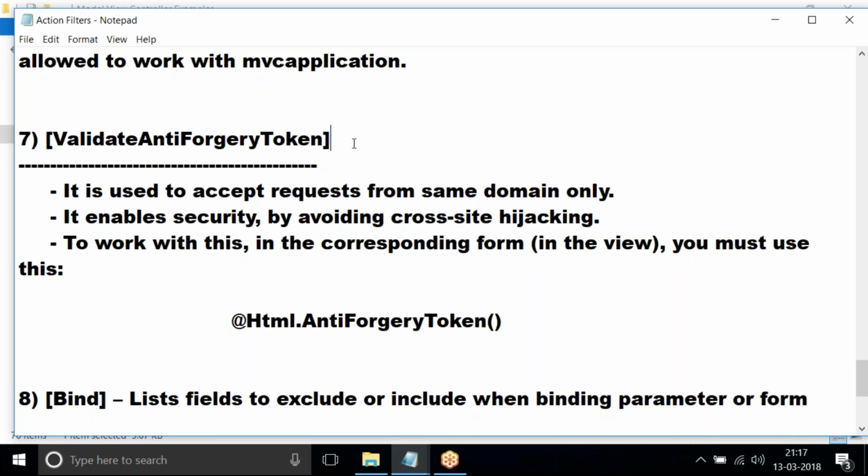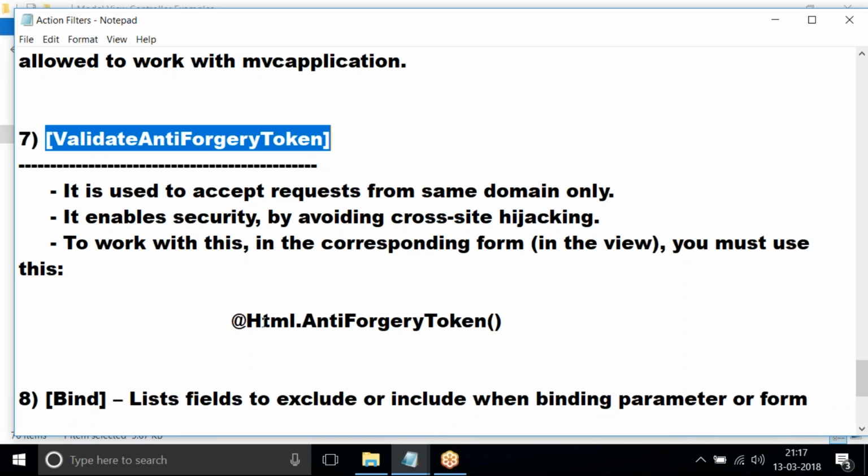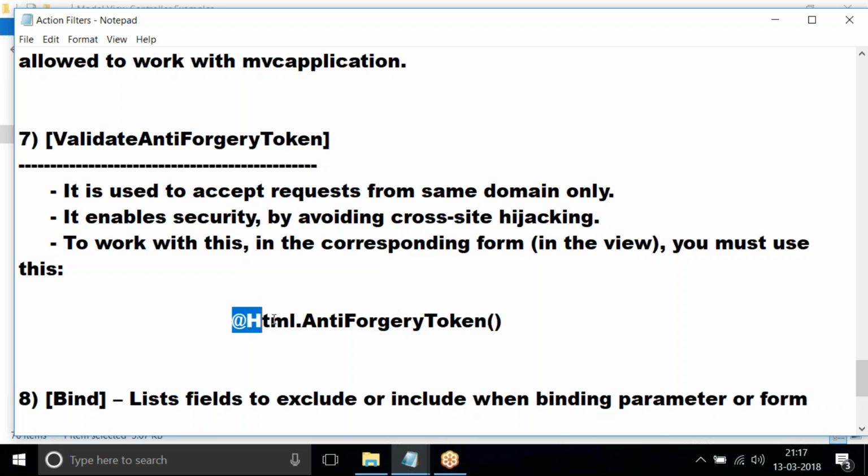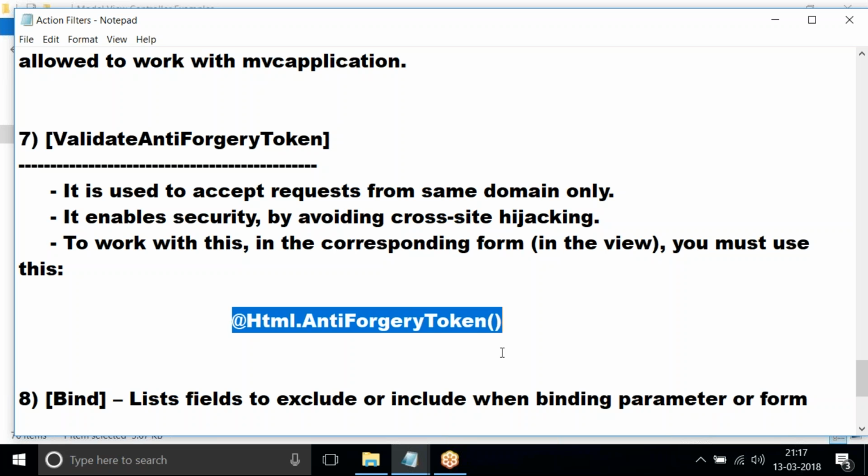If any other person is trying to access the pages in MVC application, then the server should not accept that request and should not give the response. Server should give response only when the request is from the same website. If somebody is trying to give the request from another website, it should not accept. In the corresponding view, we have to give this Html anti-forgery token. This should be given in the corresponding view of the method.